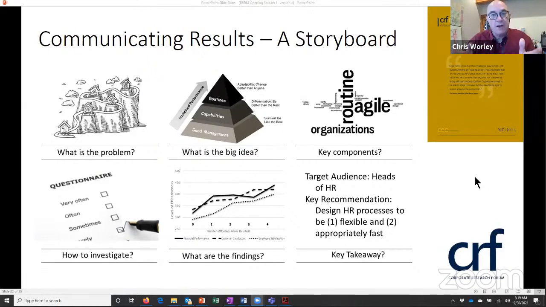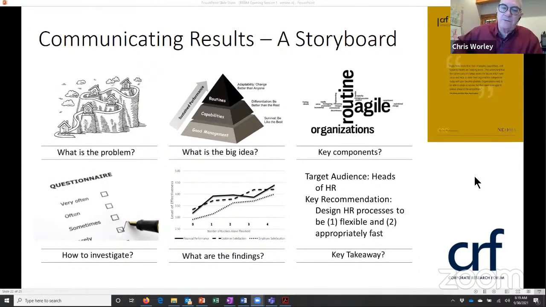Fair enough. From a credibility point of view, asking people their own perceptions of their performance, and showing them that in their minds, the more agile they were, the higher their levels of performance, was a credible way of connecting those two things. So was it perfectly rigorous? No, we had to relax some things. Was it practically relevant, but credible? Absolutely. And so we could tell this story eventually now to our target audience.